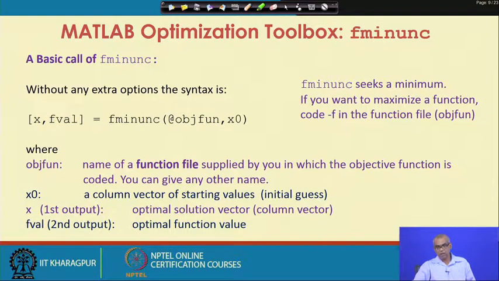By default, fminunc seeks a minimum. If you want to maximize a function, you simply code -f in the function file objfun.